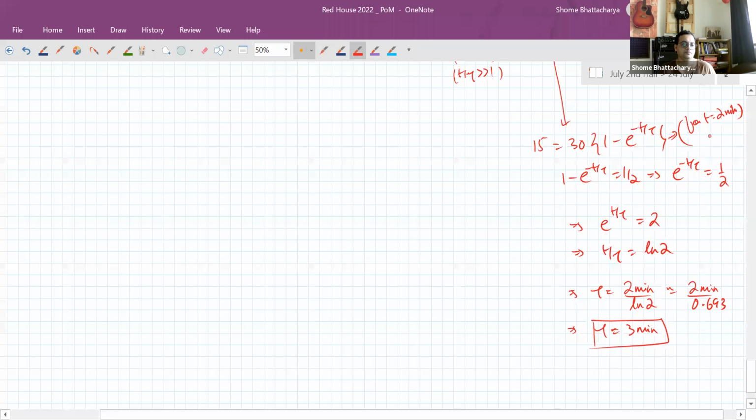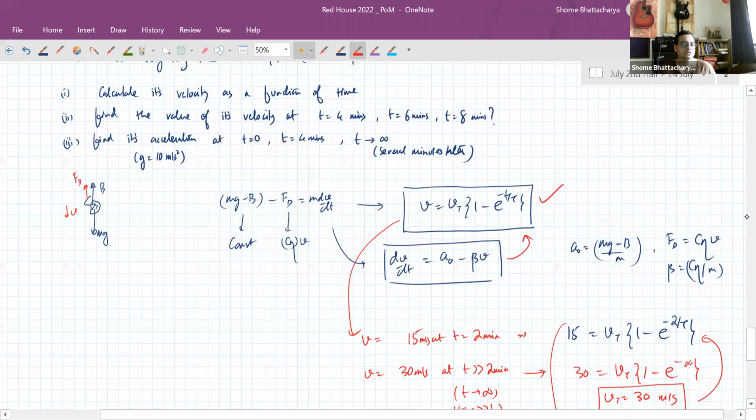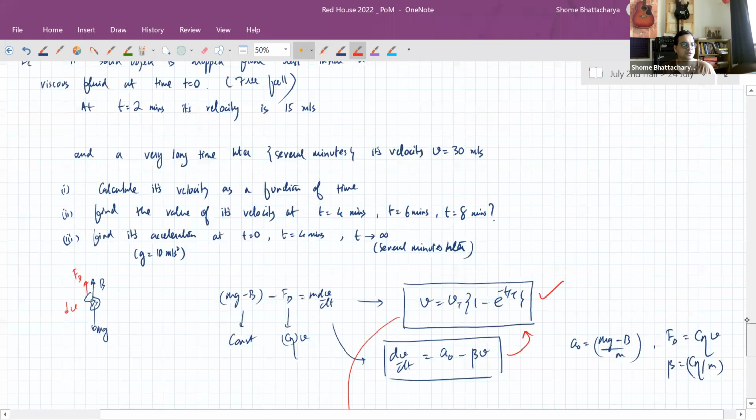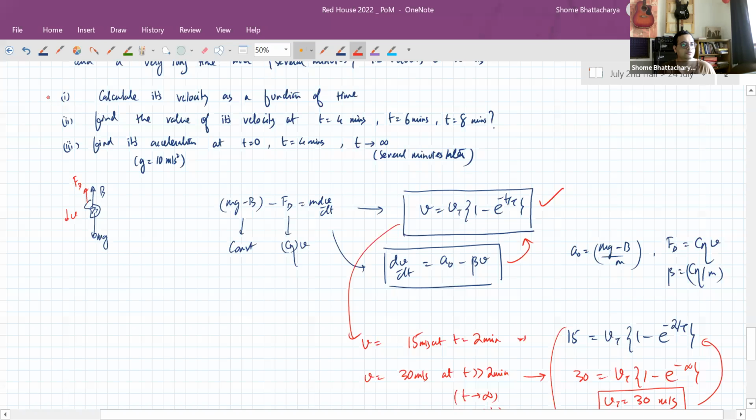Okay. So now that we have got this, the rest of the things are very simple to answer. We have got velocity as a function of time because we know the value of the time constant and the terminal velocity. So the first part's answer becomes like this: v is equal to terminal velocity times 1 minus e raised to the power minus t by tau,